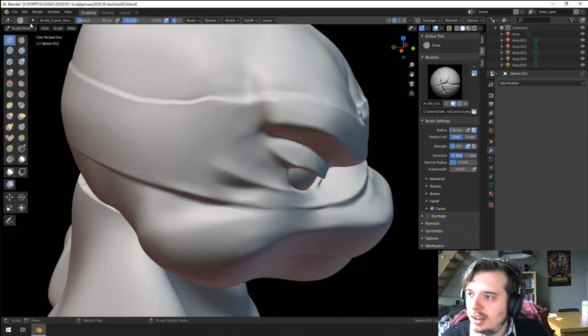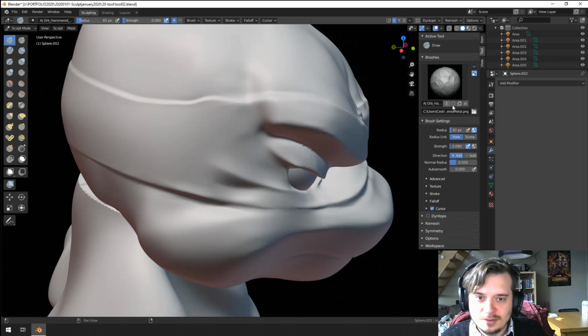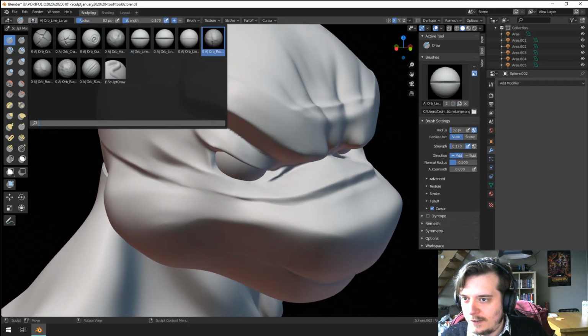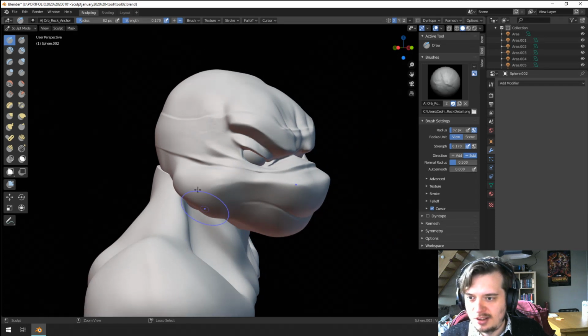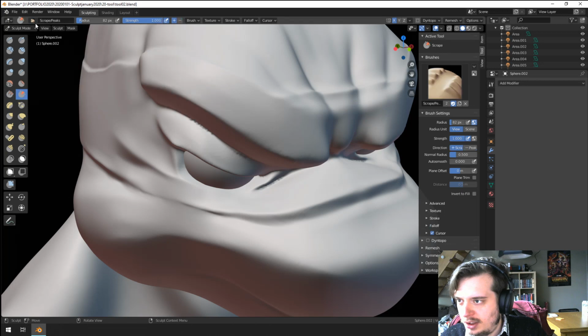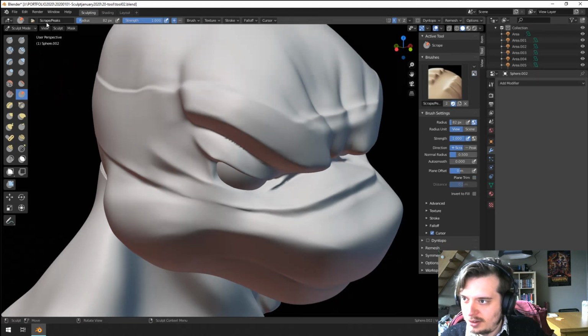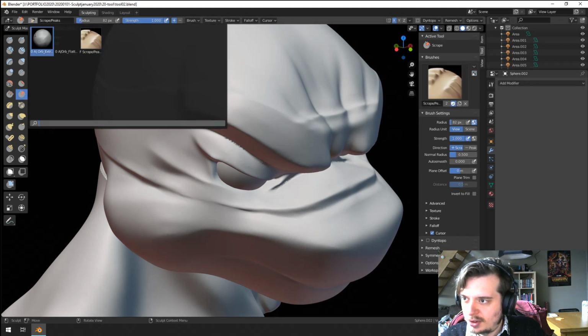Cool. Yeah, this is something I want to do. This is a special one. It's pretty cool. Most of these bring in kind of a rock texture, so not super applicable. So let's get the one that I kind of want to. Where are you? There you are. Let's see if this really does the trick though. Yeah, this is too hard. Yeah, I'm just gonna use the default scrape because